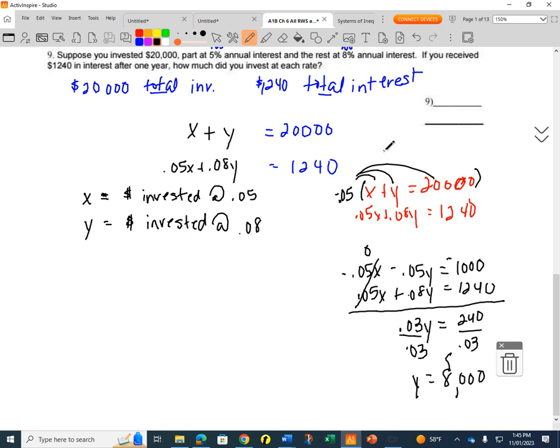So remember, we do not write these as an ordered pair. We're going to say $8,000 invested at 8%. Now we need to know how much was invested at 5%. That's the x. So all we have to do is plug our y in here. So x plus 8,000 equals 20,000. Subtract 8,000 from both sides, and now we know that x is 12,000. So we invested $12,000